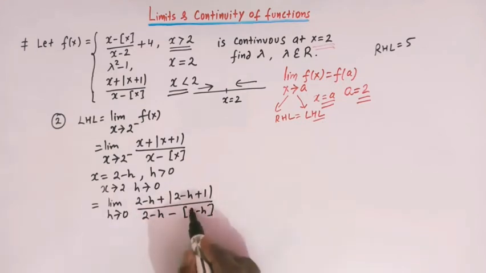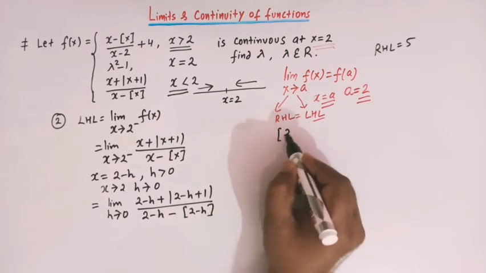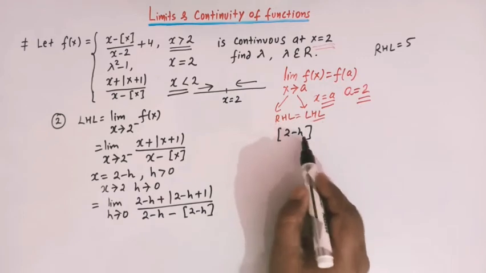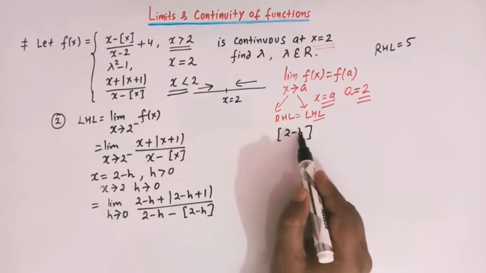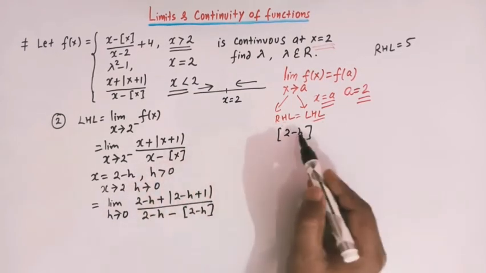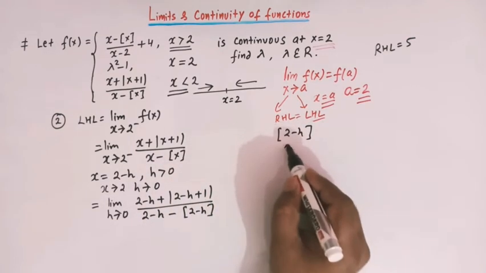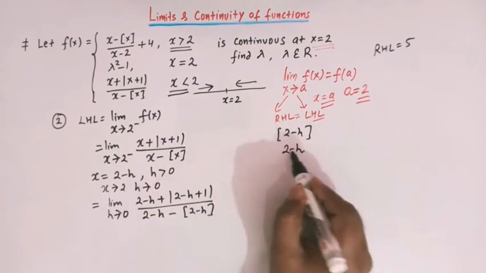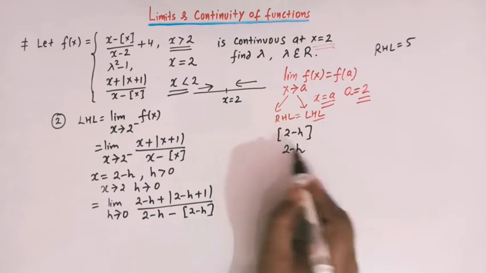Now again let us assign a value to greatest integer of 2 minus h. Now as we have just said that h is greater than 0, but it is a very small quantity, so 2 minus h is slightly